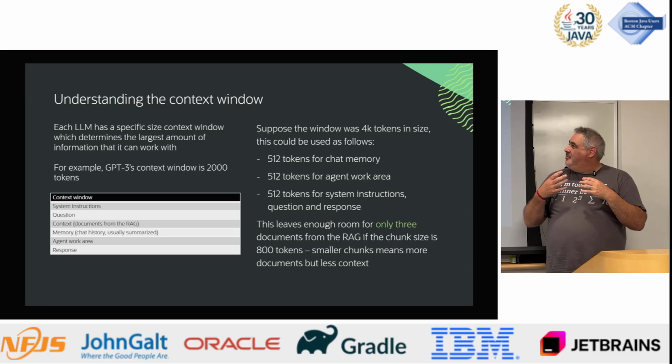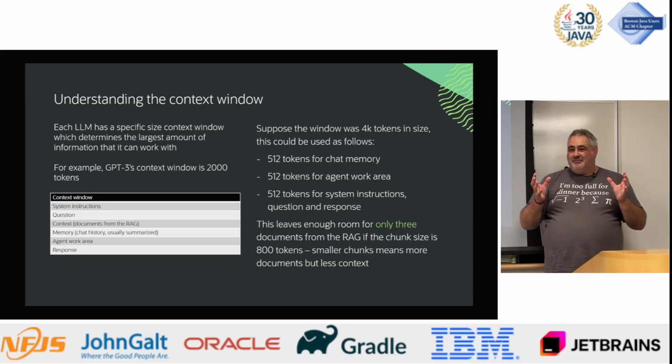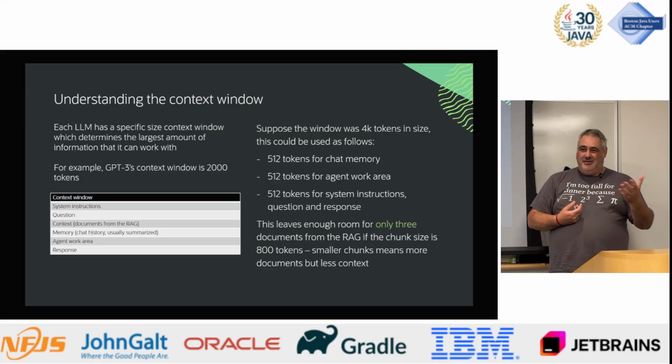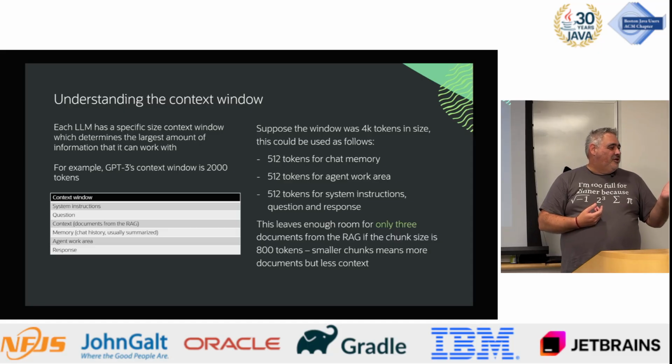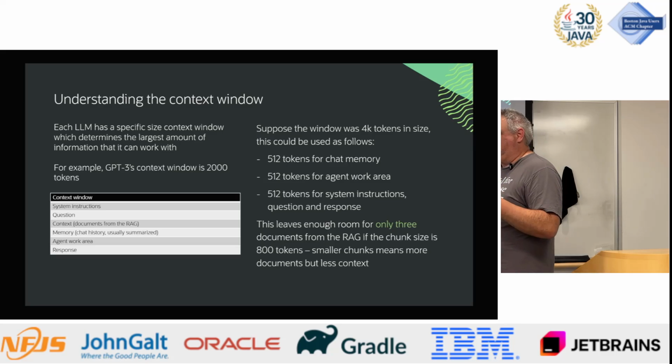So models have a concept called the context window. This is the amount of data that you can send to the model and get back from the model. If any of you ever wrote COBOL, like me, you had to tell it, you're going to get 20 bytes. You can send me back 20 bytes or whatever, it's like that. So the context window is how much data you can send to the model and it can send back to you. And there's a bunch of stuff in there.